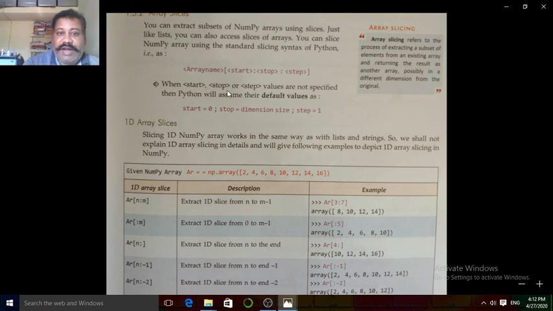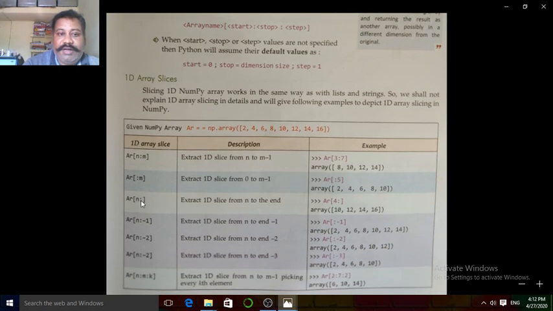Now when start, stop or step values are not specified, then Python will assume their default values. Start is equal to 0, stop is equal to dimension size, and step is equal to 1. For example, let us suppose AR1 is equal to np.array 2, 4, 6, 8, 10, 12, 14 and 16, then let us suppose we try to extract a particular array from n to m minus 1, something like AR 3 to 7.